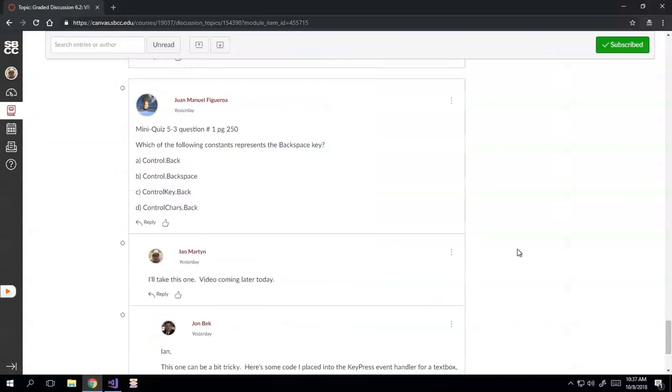Okay, today I'm looking at a question posed by Juan Manuel Figueroa from Mini Quiz 5.3, question number 1 on page 250. Which of the following constants represents the backspace key? Is it A, Control.Back, B, Control.Backspace, C, ControlKey.Back, or